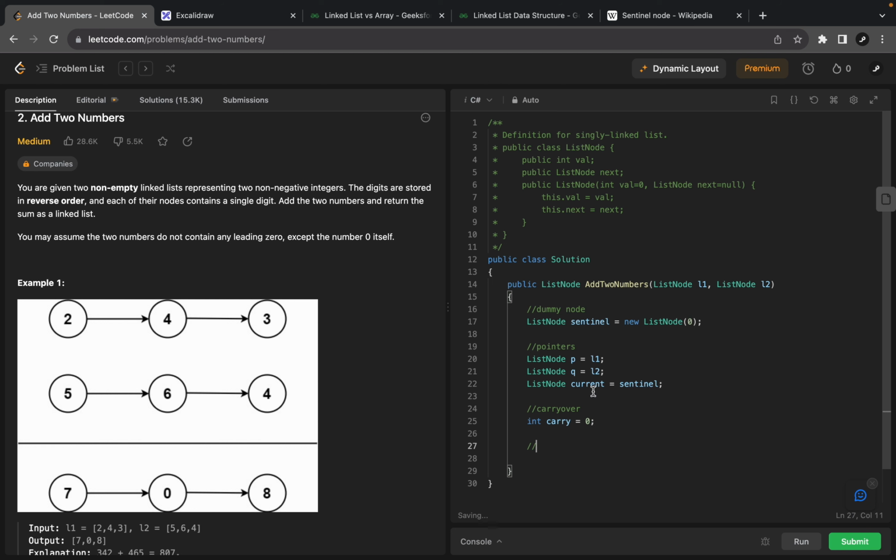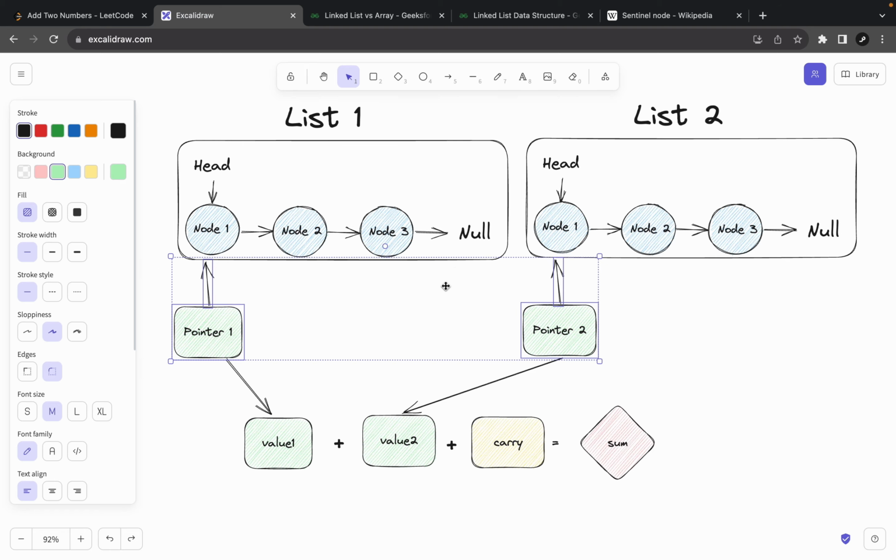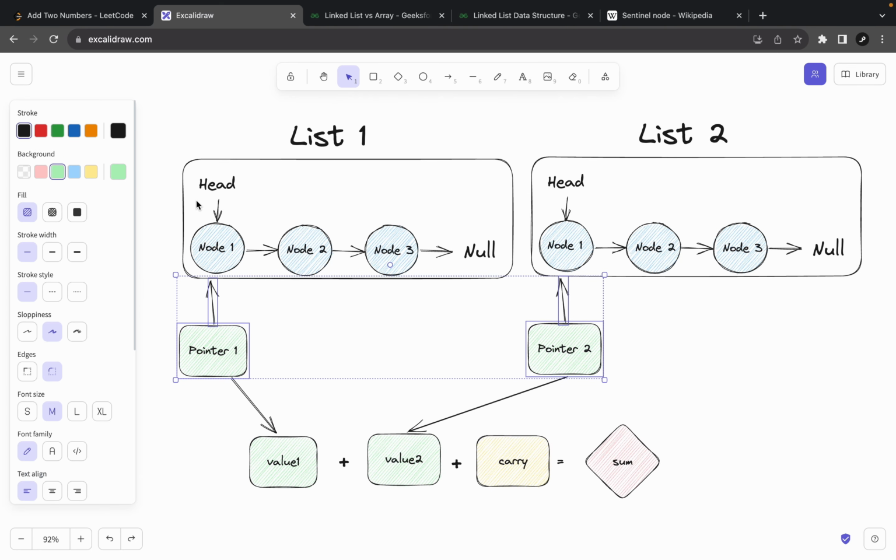Cool. So we have all of our global variables initialized. So now we need to think about how to manually iterate over both linked lists, right? Again, we can't use a for loop. We have to use some other sort of conditional where as long as something is something, then we can do something, right? And the way I like to think about things is like when it comes to trying to navigate